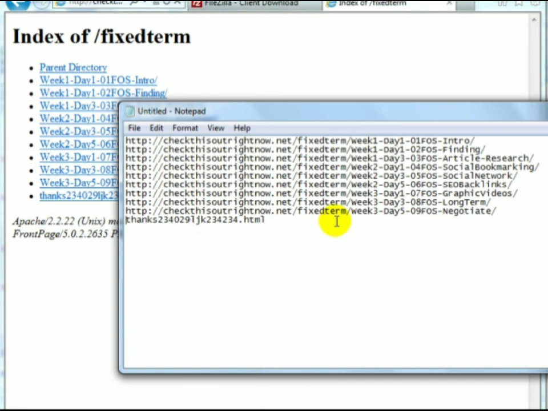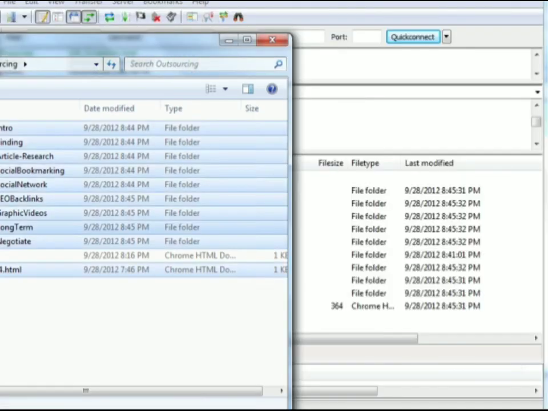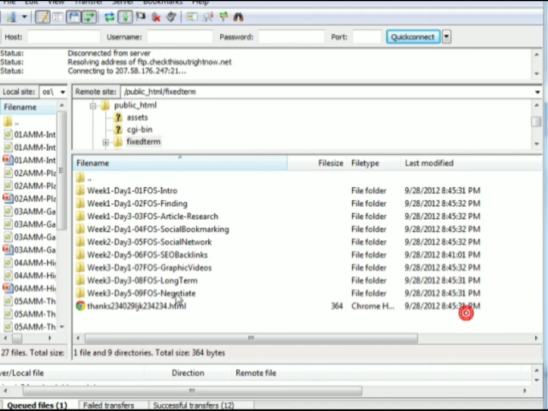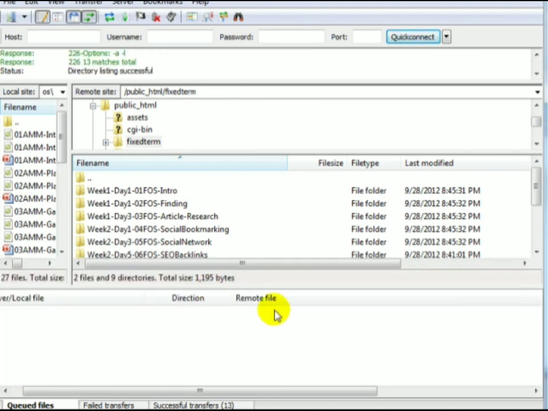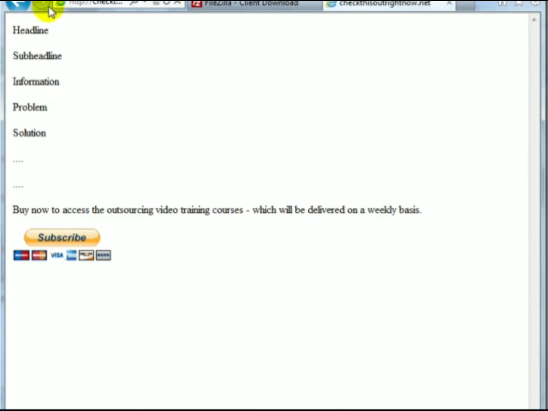which I can do that. And then we have the index.html file, which I'm going to go ahead and upload now that we have all those files here. So we're going to drag and drop the index.html file here. And if I go back here and click on refresh, you'll then notice that the index.html file is uploaded and we have our sales page here